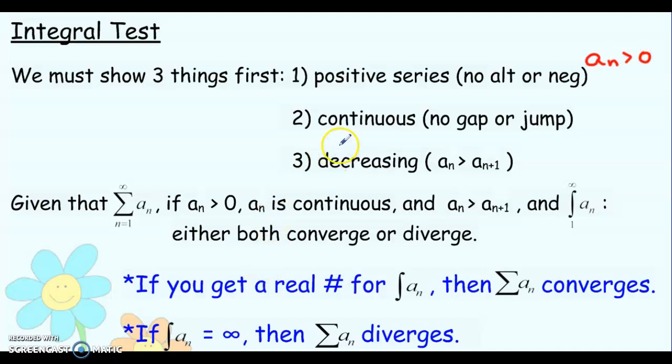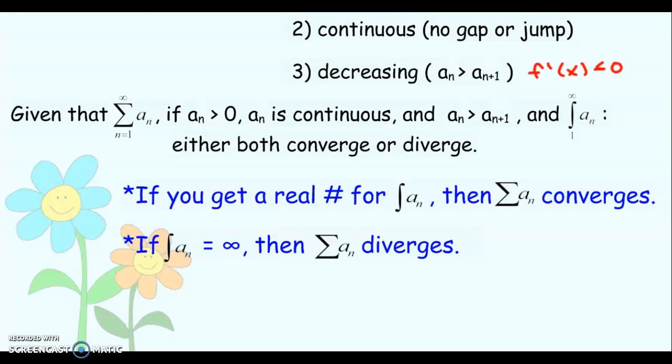It does need to be continuous. We're looking for no gaps or jumps, and it should be decreasing. And we know in calc terms, decreasing is f prime of x has to be less than 0. So given a summation from n equals 1 to infinity of a sub n, that's our expression, if a sub n is greater than 0, that's our first one, a sub n is continuous, second one, and it's decreasing, and the integral from 1 to infinity of a sub n